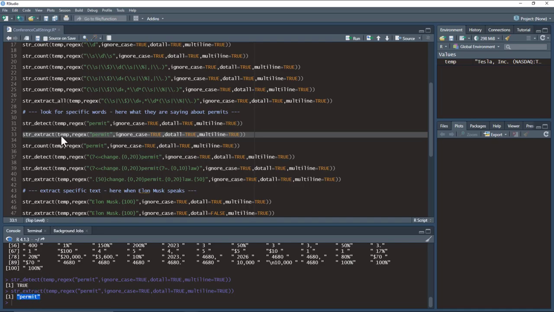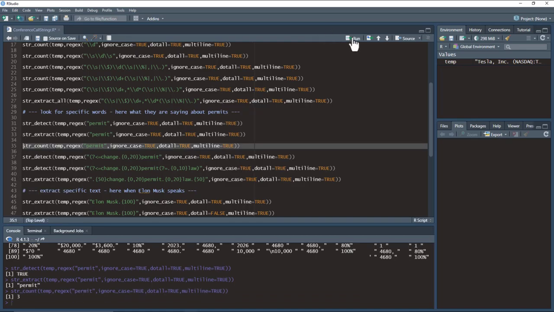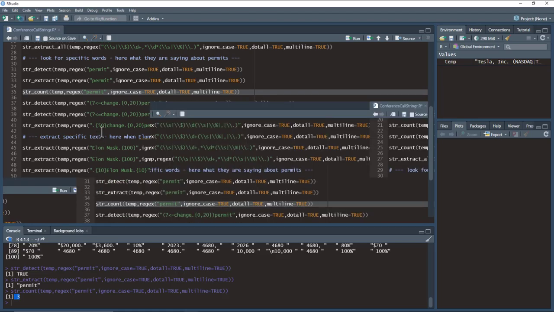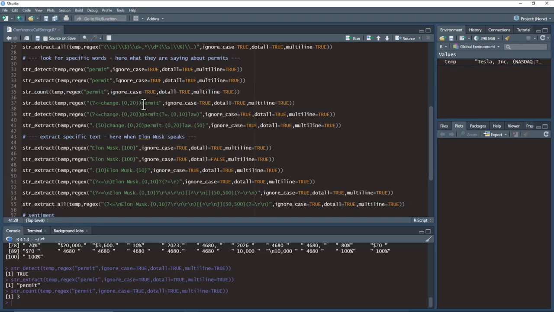Well, we could do string extract all, and it'll do the same thing. Now it'll output however many times it shows up, but it'll just be permit, so we don't get any other information about it. We could count how many times that permit shows up. Notice it showed up 3 times. So we're getting closer to something that might tell us information. So let's try something else. So what if we do permit and then